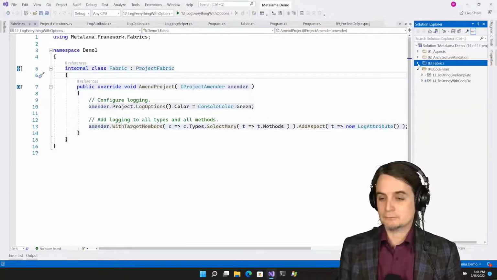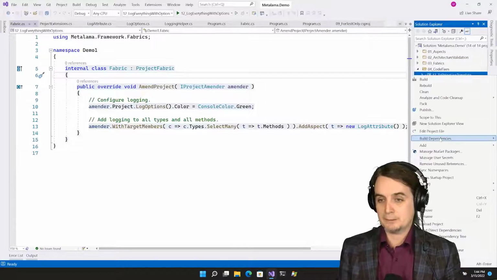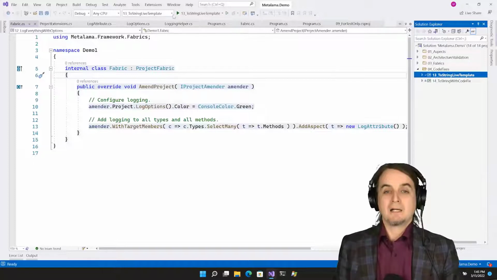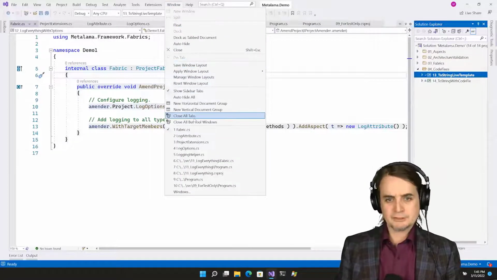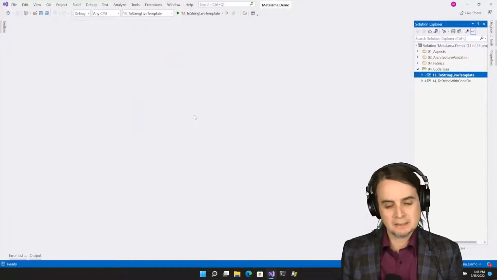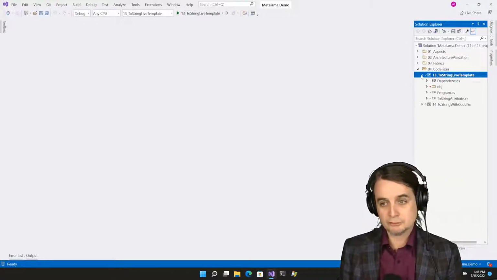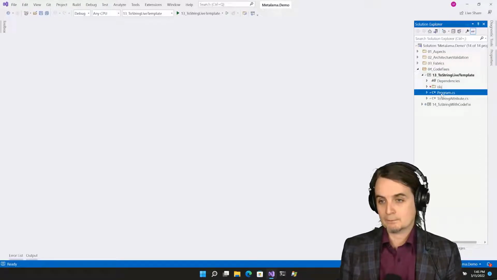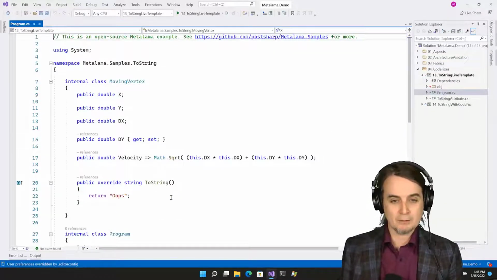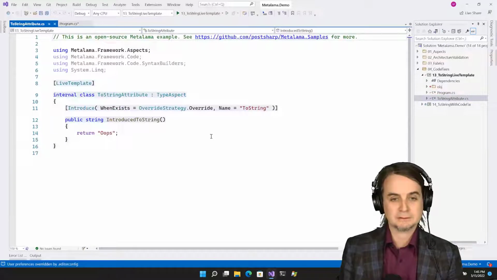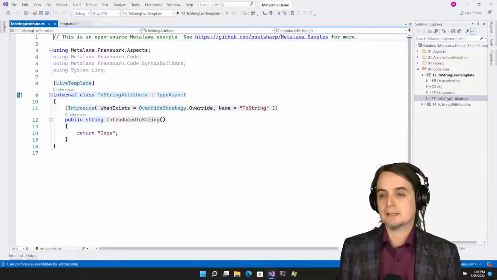And now I would like to go to my last chapter, which is IDE interaction, how to generate code not at build time, but how to generate source code. I will give a first example with toString. I need to reset my example first. Yeah, that was okay. I will keep it like this.